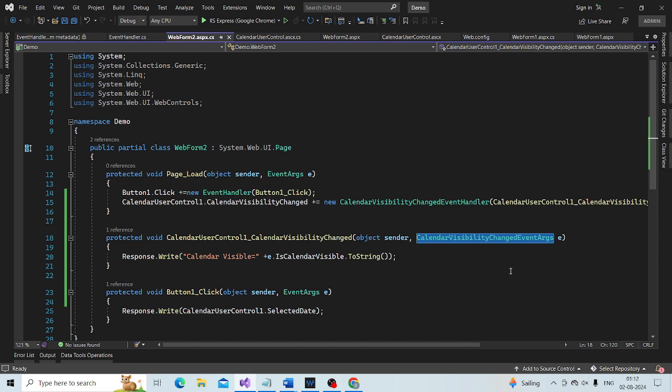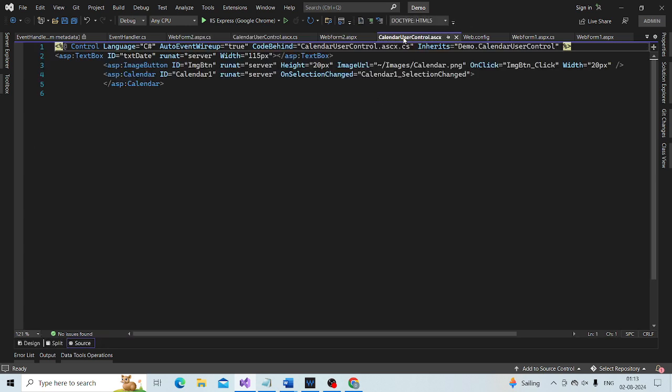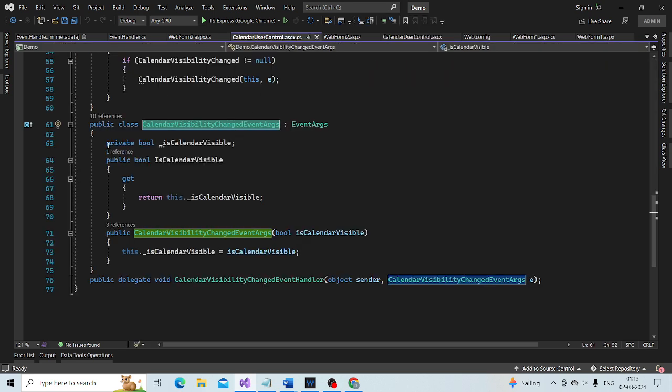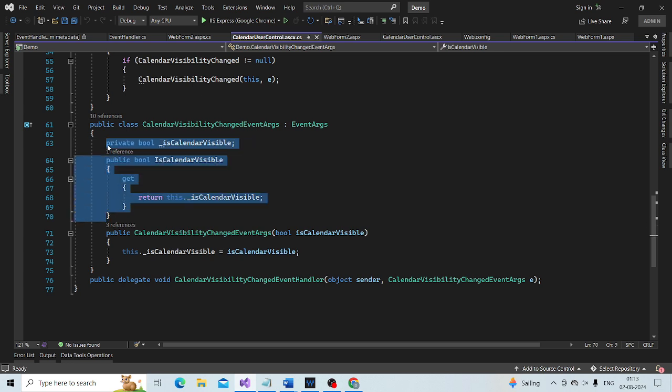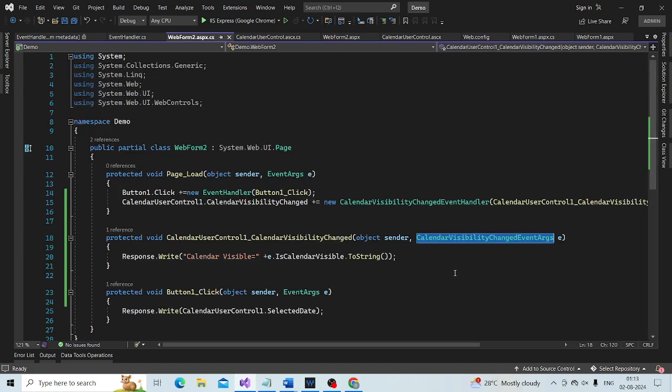This class is going to contain the event data which we want to retrieve in the event handler method. As you can see here, it contains the event data.